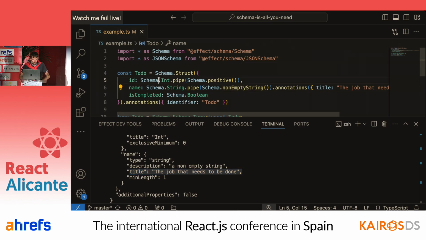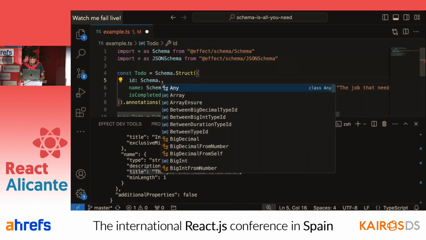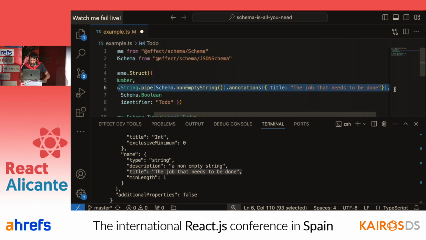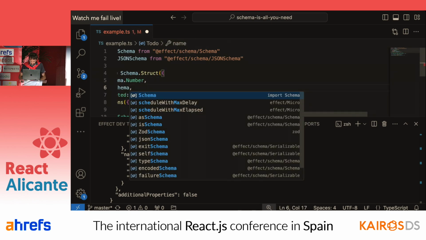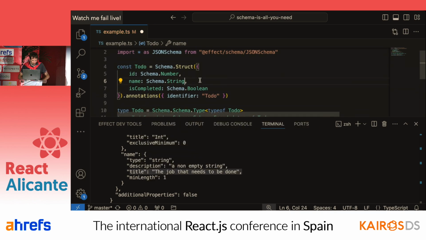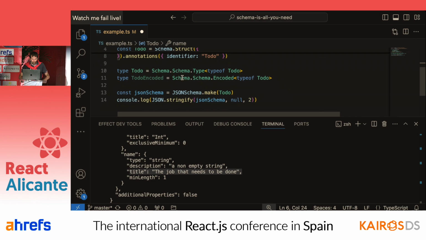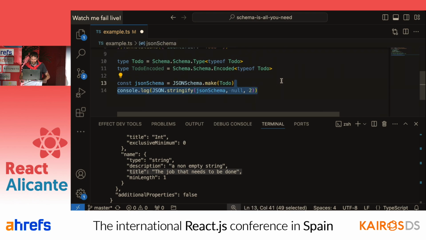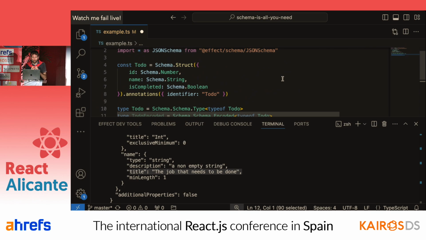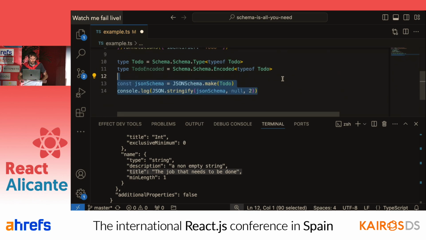Well, let's start by making our definition simpler. We can have a name, we can have a string, and we can have a Boolean. Okay. Let's say that this is our definition. And we want to create something that, given the schema AST, produces a function that compares two values and says if they are the same.